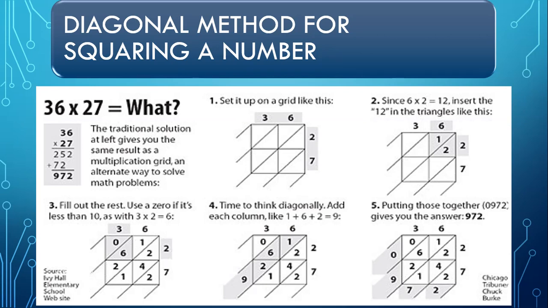If there is any carry, or the sum of any diagonal is a 2-digit number, then we have to add that carry into the next sum of the upper triangle.